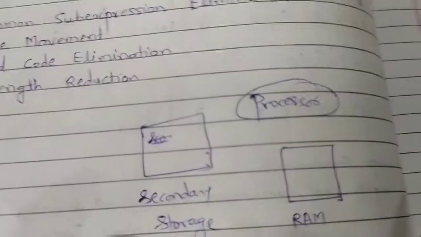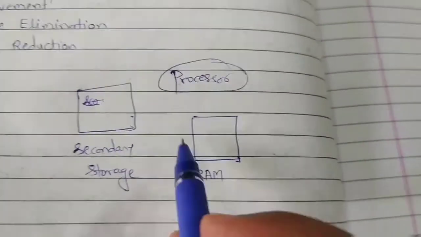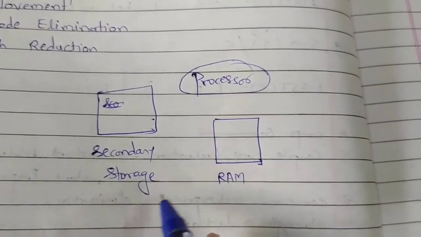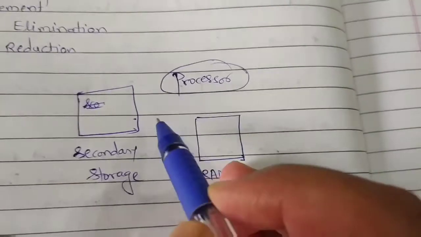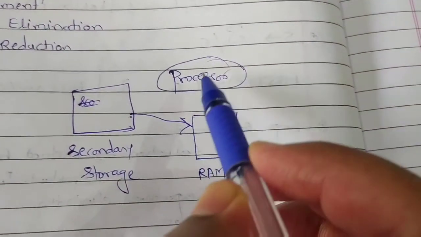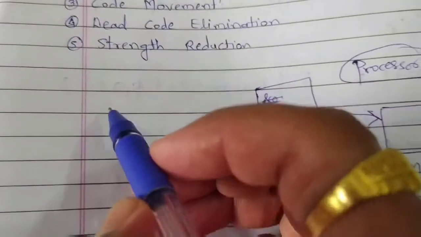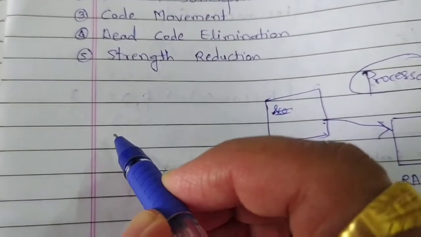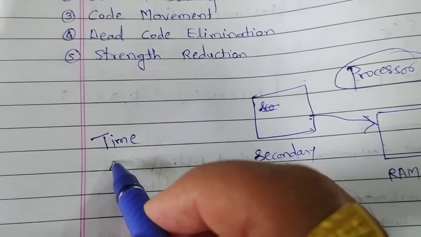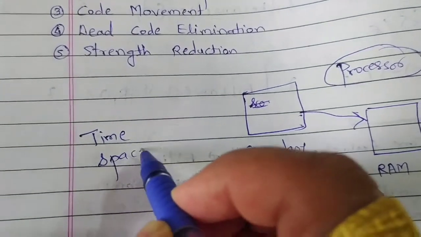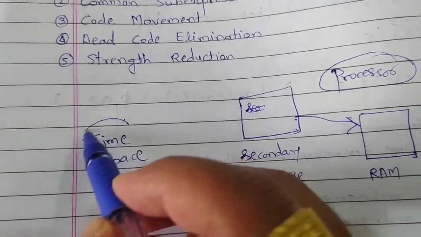So, when the processor has to execute any code, the loader takes code from the secondary storage, for example your USB drive or hard drive, and that code is taken to the RAM and the processor then executes it. For executing it requires some resources. For example, it requires some time. It also requires some storage. We call it space. So for executing expressions and instructions, it takes time.